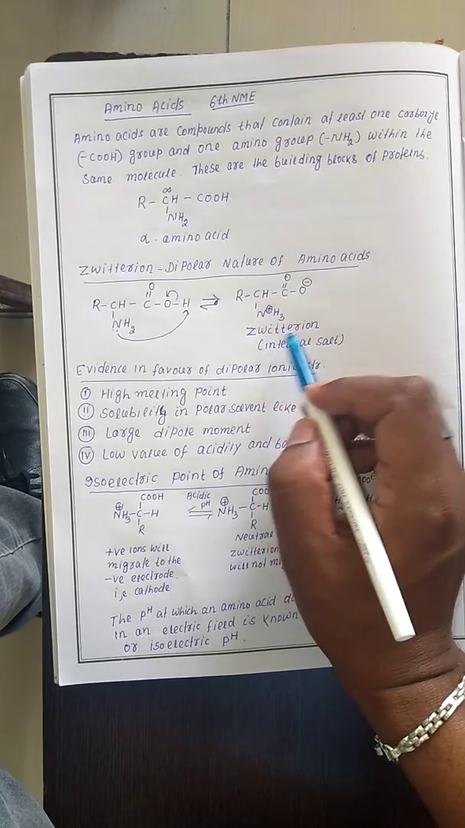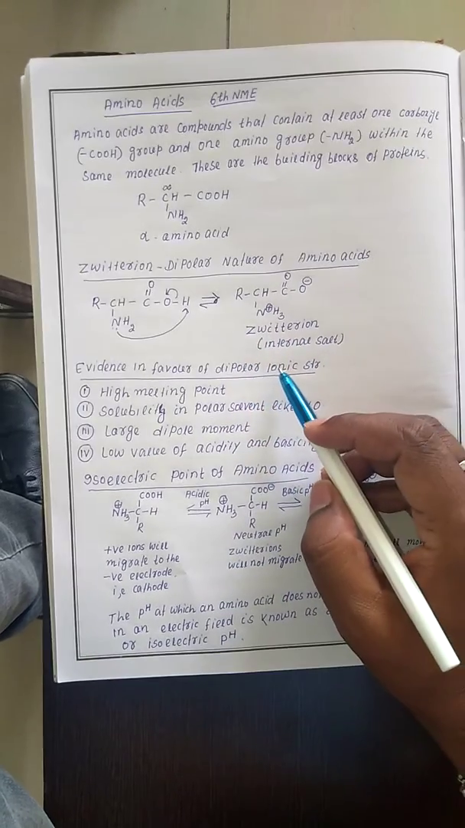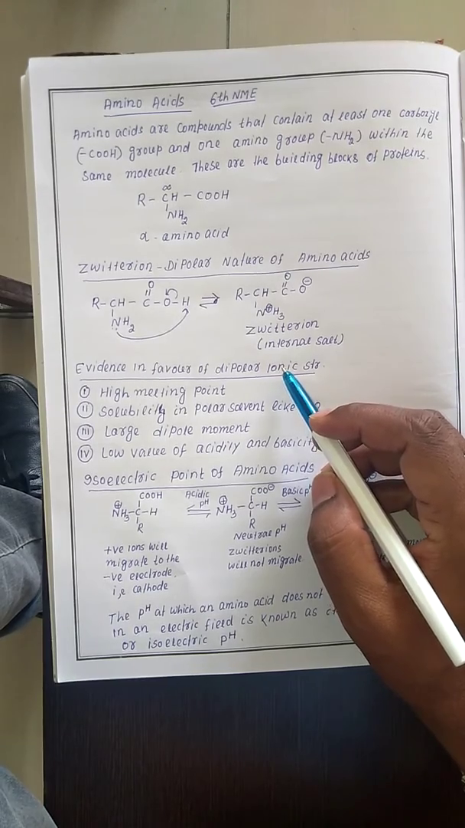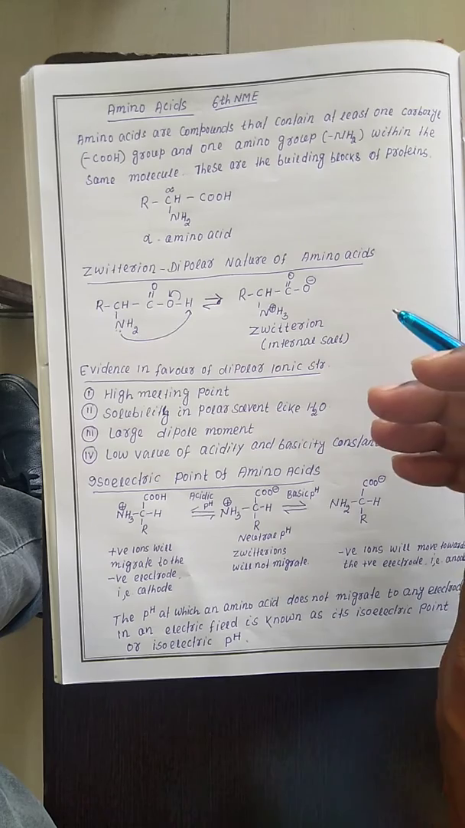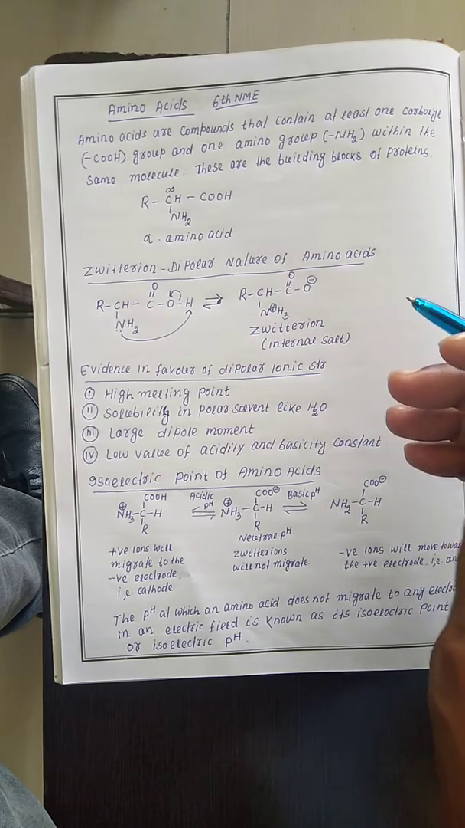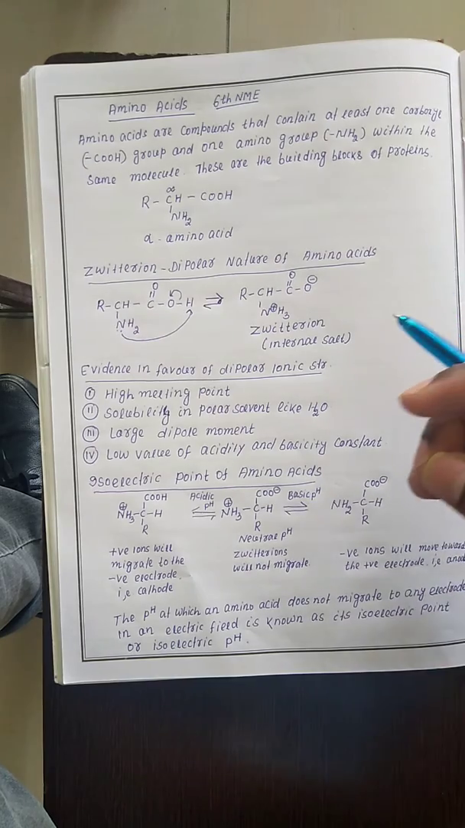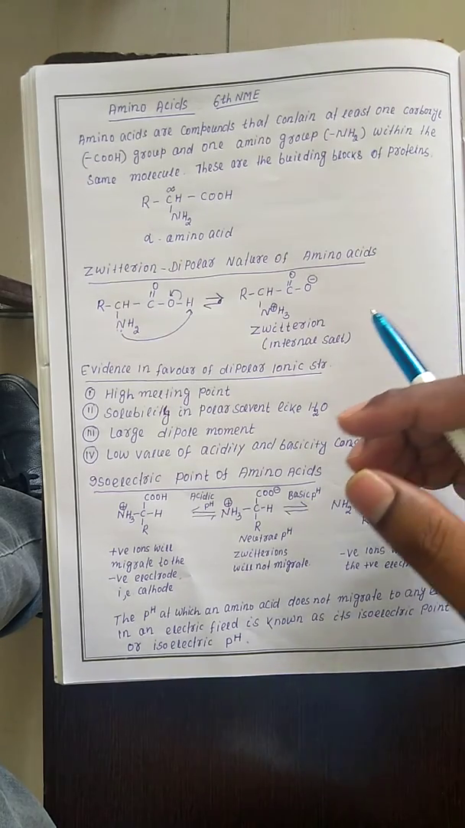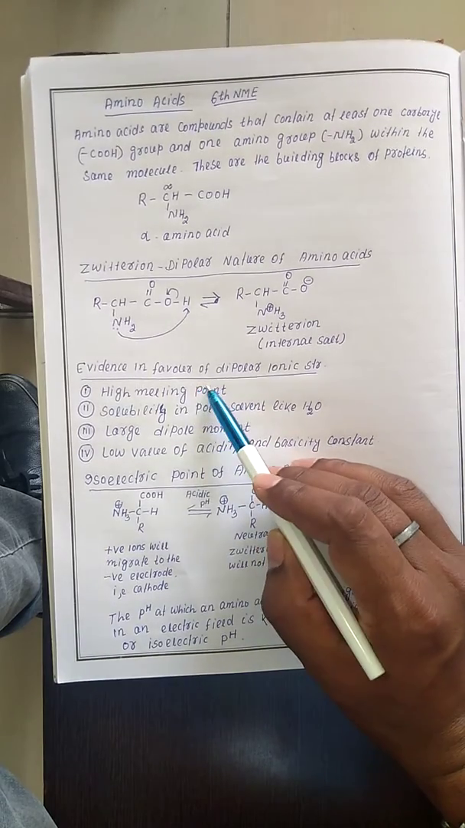That is called a zwitterion. So what is the evidence in favor of the dipolar ionic structure? How can you confirm that these amino acids are zwitterions, meaning they have a salt-like structure, with a positive charge and a negative charge in the same molecule? How can you prove this? So these are the evidences. The first evidence is this: